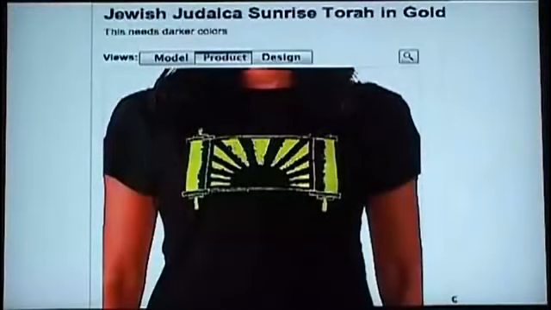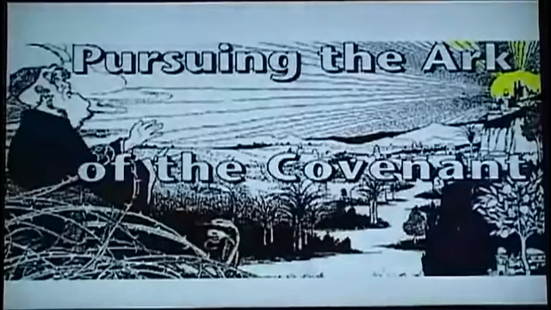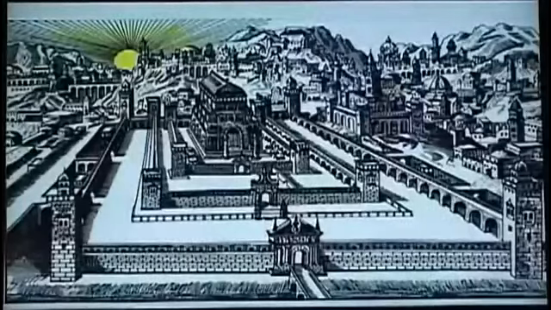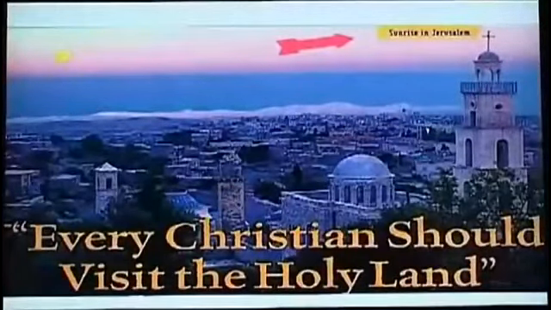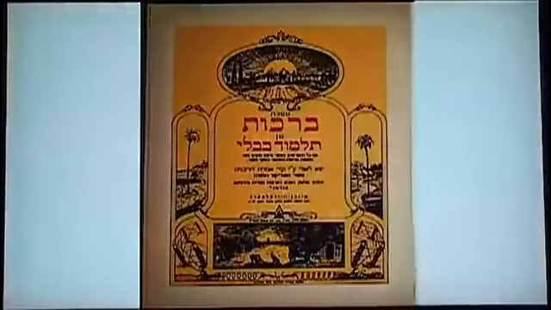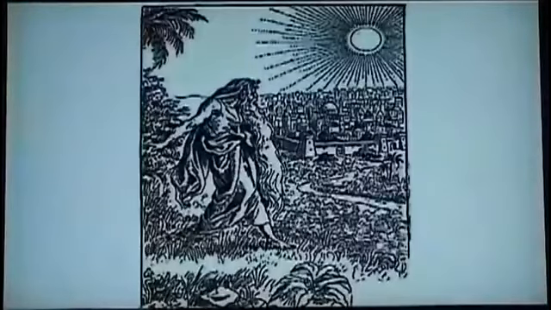Even the sunrise Torah symbol. The Jews use the sun rising over Jerusalem all the time. That's a very important symbol. Here we have sunrise in Jerusalem. There's a reason why the sunrise is important, because it's a symbol of the Illuminati, the illumination of the world